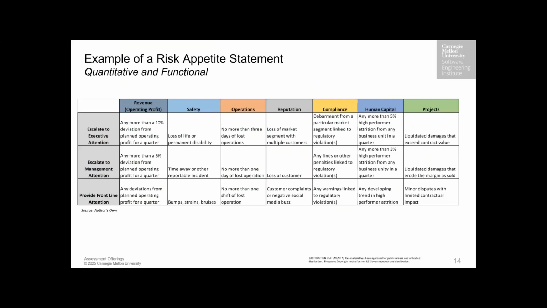Like safety, for example, I have loss of life or permanent disability. Think about what that measurement may look like if you're in another organization that must comply with OSHA regulations. So now you're talking about the recordables and reportables. Revenue, for example, I may not be thinking just about profit. Maybe I'm also thinking about costs. Maybe I'm thinking about stakeholders. Maybe I'm thinking about stock value, things like that. So what I'm saying is, in these blocks, you may have more than one metric or measure